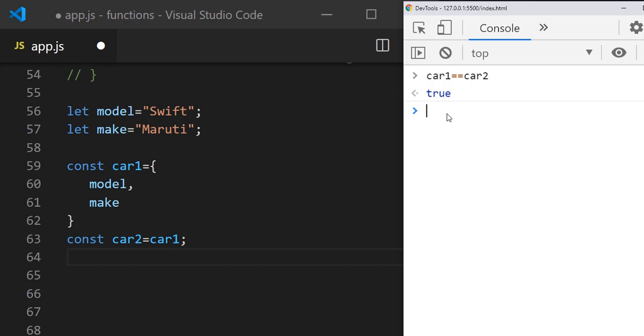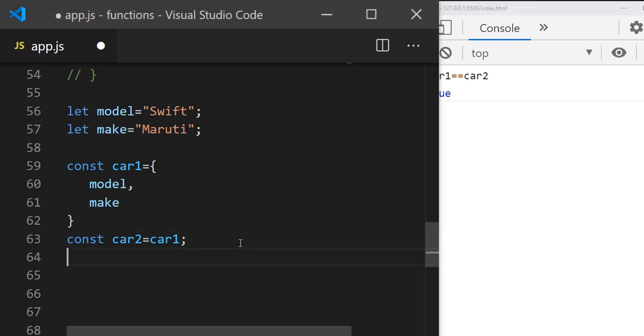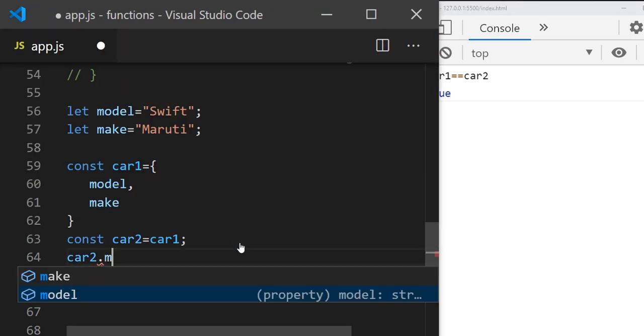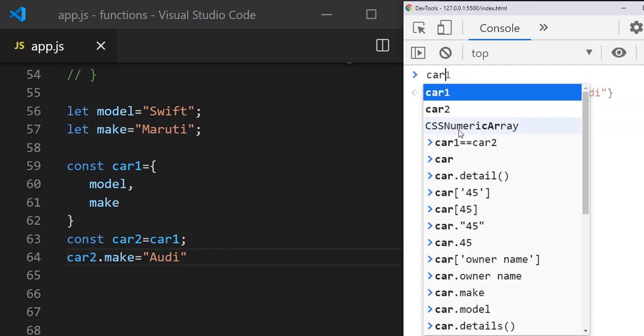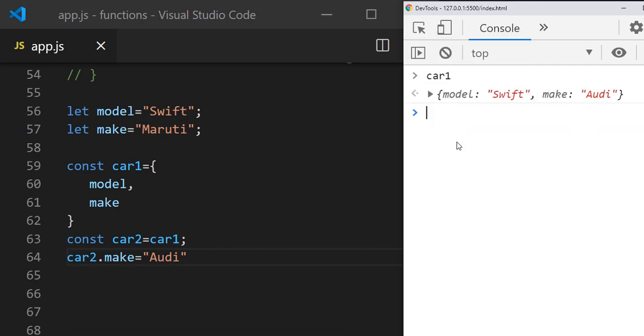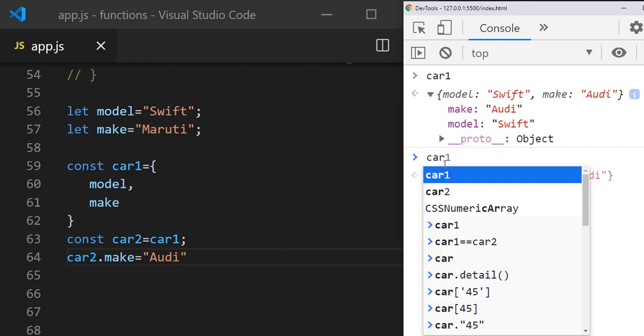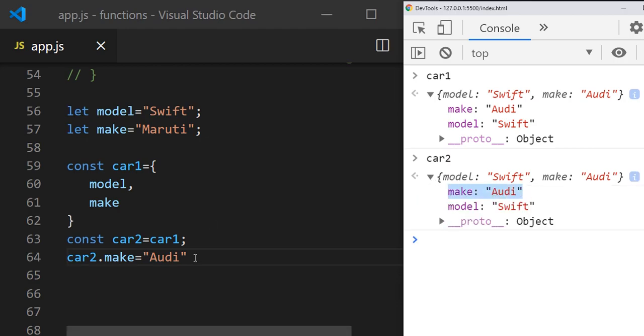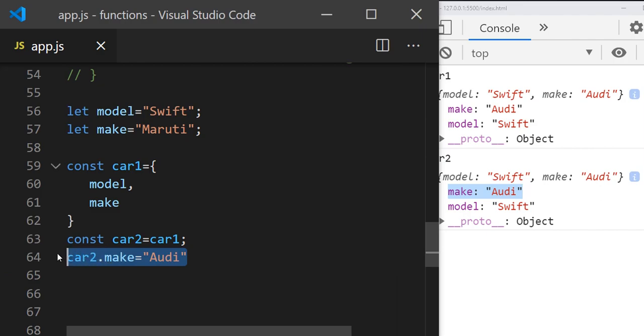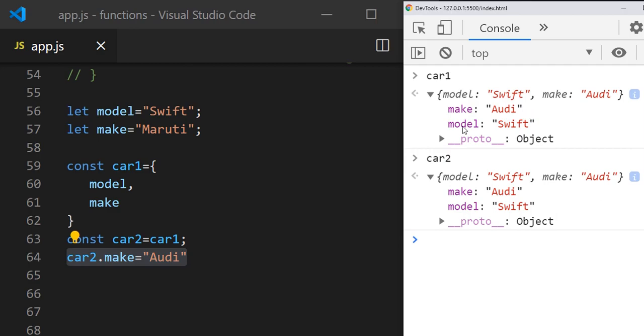Objects are reference type. So what does it mean by reference type? Let's say whenever I make changes to car2, now car2 dot make equal to, instead of Martha I give RD, and if I go and print car1, it changes the value of car1 make also. And if we print car2, you can see now RD. So we changed the property value of the car2 object, but it affected the car1 object from which it was created.